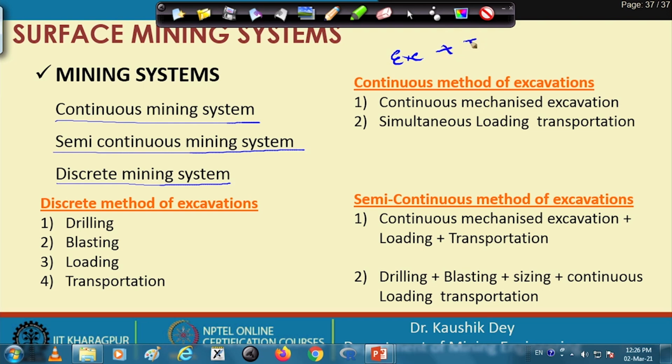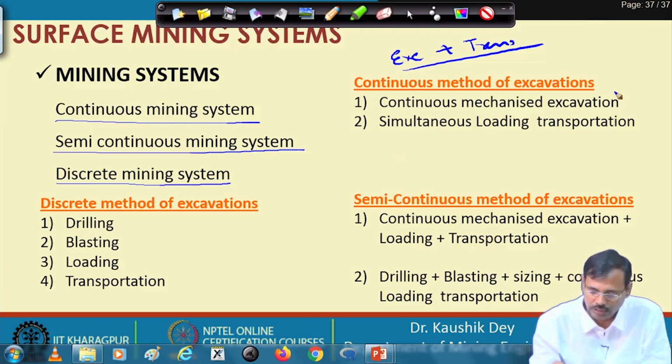plus continuous transportation is carried out. So, that means the material excavation and material flow is continuous in this system. So, here the mechanization is made such a way so that the continuous mining can be carried out. The benefit of the continuous mining is that the production rate will be very high. You will obtain a very high production rate,